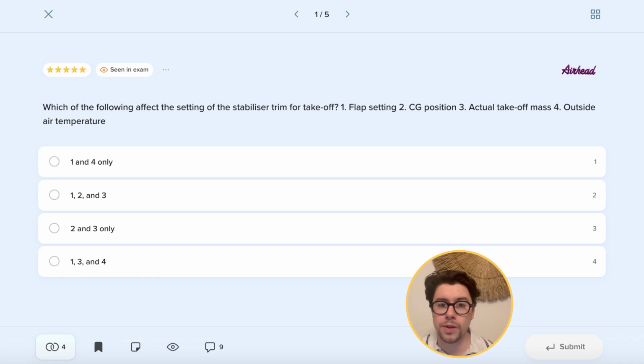So let's just jump into the first question without further ado. Which of the following affect the setting of the stabilizer trim for takeoff? This question is very practical because in the future, as you'll be flying the big jets that use the THS, you will actually need to set it before takeoff. Of course, in order to make sure that the proper control forces are required during this critical phase of flight, and as well for the nose of the aircraft not to lift off uncontrollably